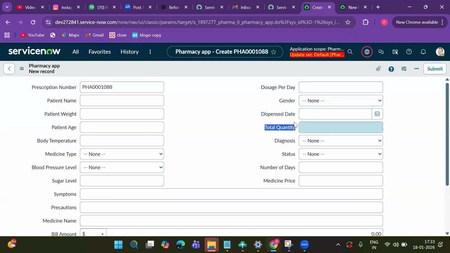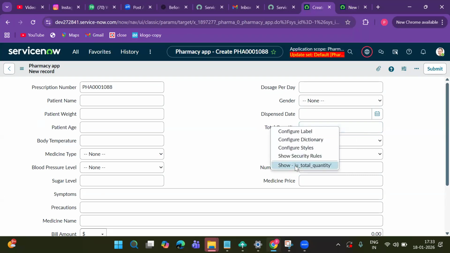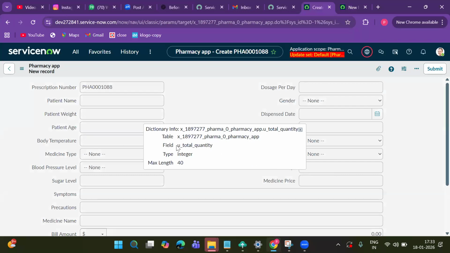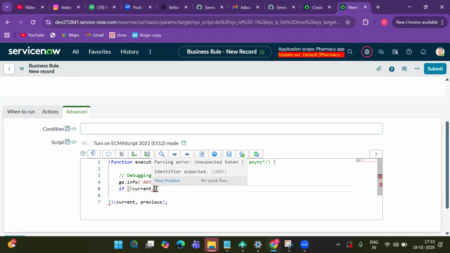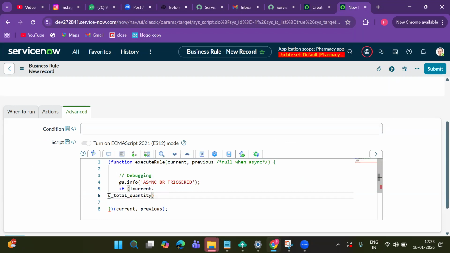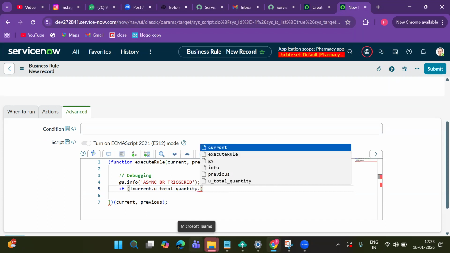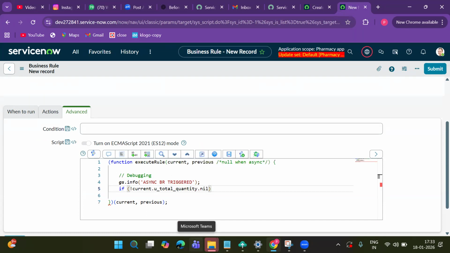Why are we working only with the total quantity? Our requirement is validating the total quantity, so that's why we are selecting this field. The backend value of the field is u_total_quantity. Copy the field value and paste it here: current.u_total_quantity. Just format the line. If not current.u_total_quantity is nil, it will prevent null errors. And